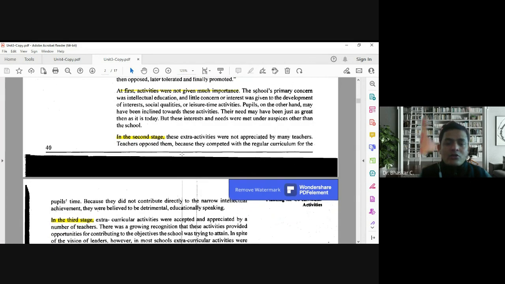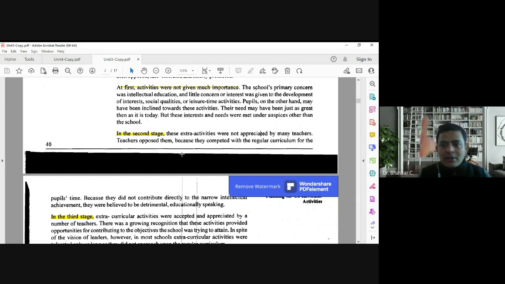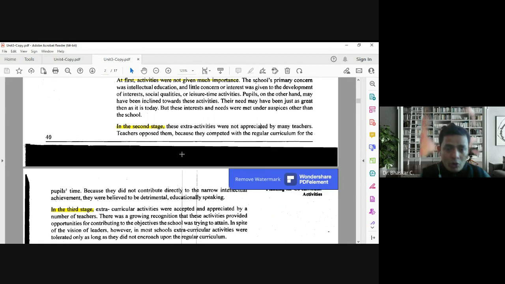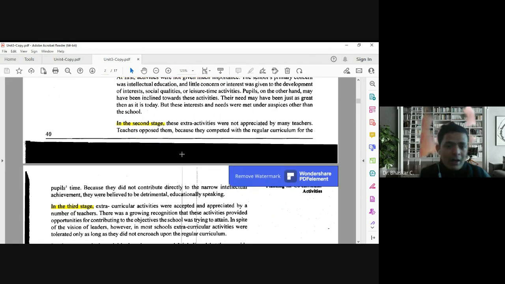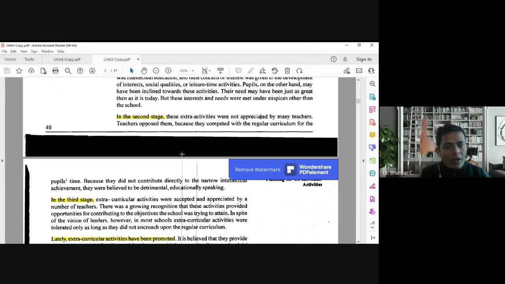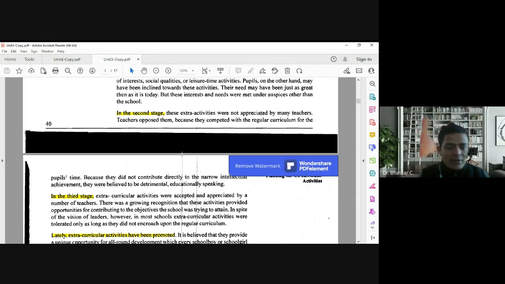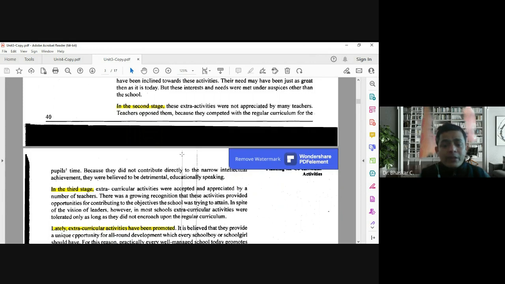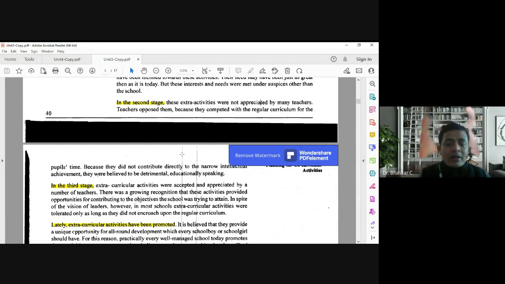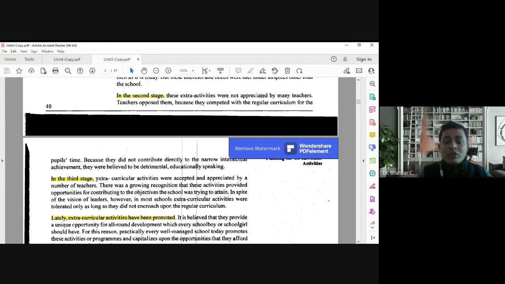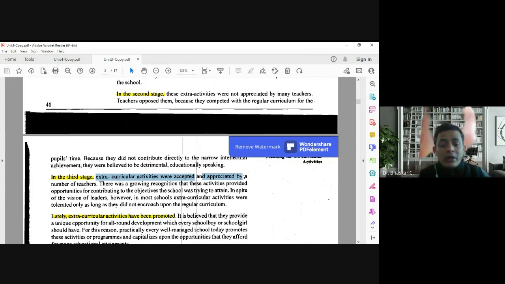Change in what sense? Change in the sense that the teachers ultimately realize that in the present century, the 21st century, and in the modern system of education, wherever we are, maybe in India dealing with the Indian school education system, or sitting in Africa as a school teacher, we are engaged in teaching and learning experiences. They understand, or they have to accept this fact, that we need to organize some extra activities which we call the extracurricular activities. So this is the third stage where they accept and appreciate the curricular, the co-curricular or